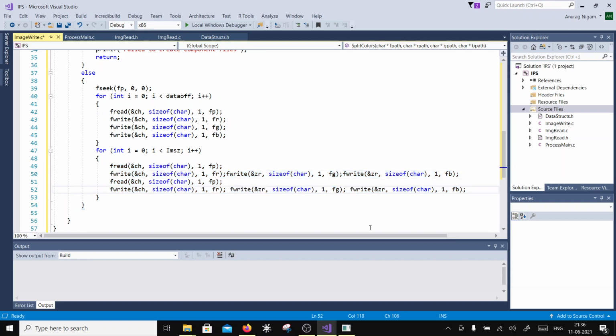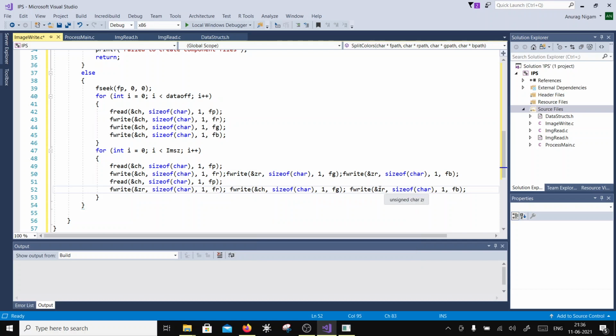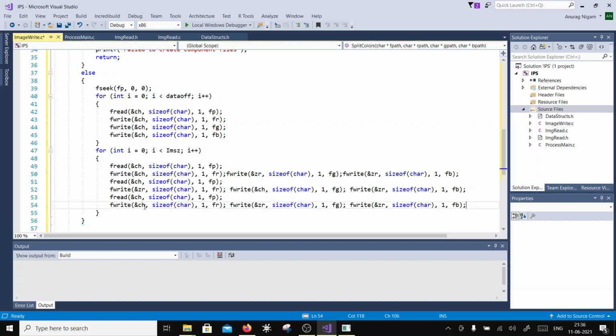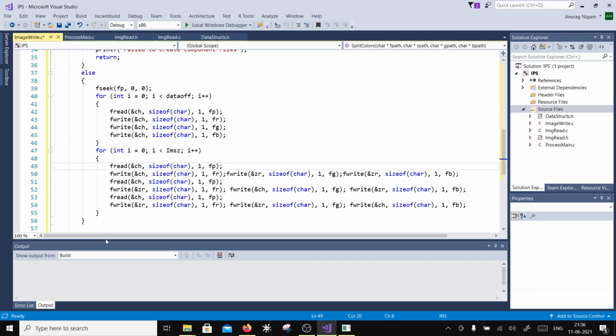Then I'm going to repeat this, and this time I'm going to write 0 to this one, to the green one I am going to write the character, and to the blue one I'm going to write 0. For the next case I'm going to repeat the same stuff. Here I'm going to write 0, here 0, and here I'm going to write the character. Okay, so once I have done this, I should be able to